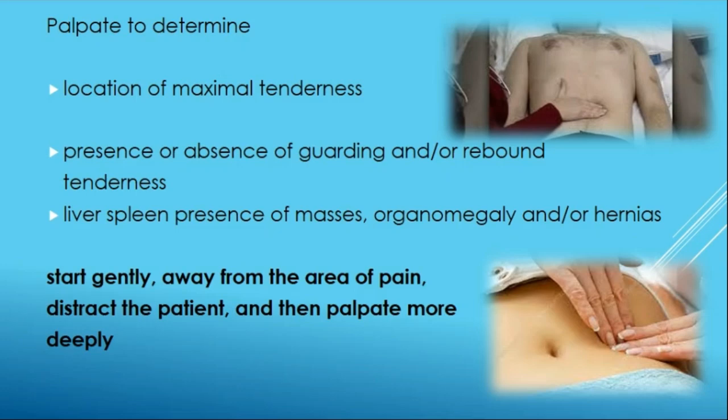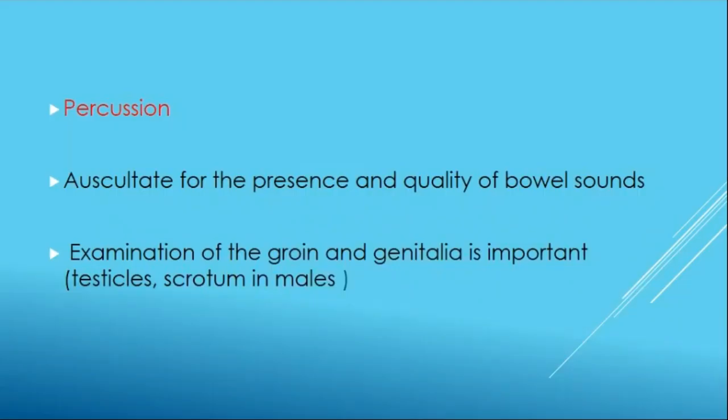Sometimes the patient might voluntarily contract the muscles. What is guarding? Guarding is involuntary contraction of the muscles when you touch the abdomen, all right? But sometimes the patient might guard voluntarily, and then you might be misled. If you think the patient is guarding voluntarily, what you could do is talk to the patient, right? Deviate the patient's mind to somewhere else while you examine. Then you can mix the history and examination together, so you can get some more information. In your palpation, look for tenderness, guarding, and rigidity, as well as any organomegaly, right? And see whether there is free fluid in the abdomen.